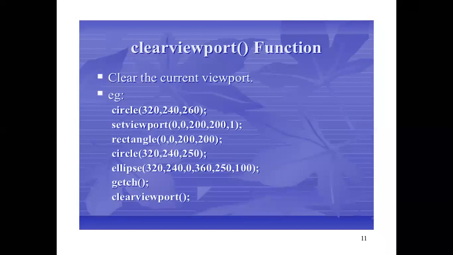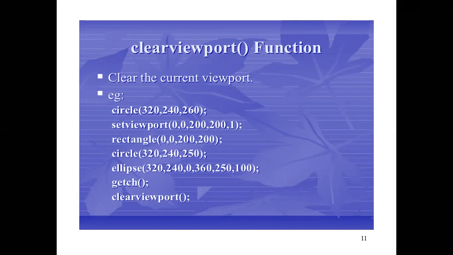Now the clear viewport function. Suppose you have already chosen a particular part of the image, and now you want to clear that viewport. The viewport is a special window in which you have already chosen a particular part or portion of the image.